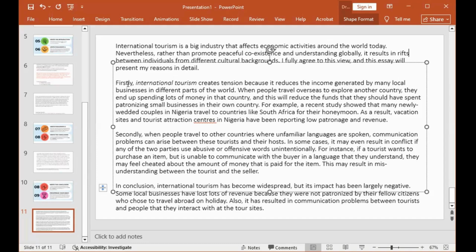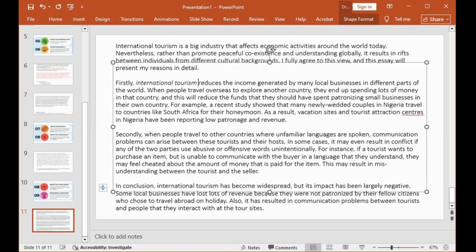Paragraph 2 now. Firstly, international tourism creates, can you see, correct tenses, creates tension because it reduces the income generated by many local businesses in different parts of the world. So this thing here, I feel I should remove. Firstly, international tourism, let's delete this part because it's unnecessary repetition of what is in the essay introduction. So let's just say international tourism reduces the income generated by many local businesses in different parts of the